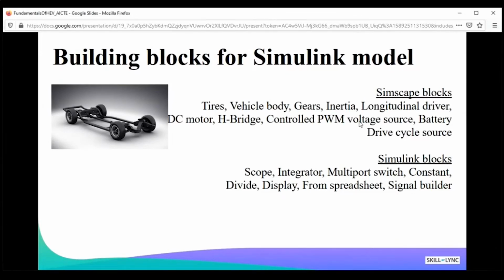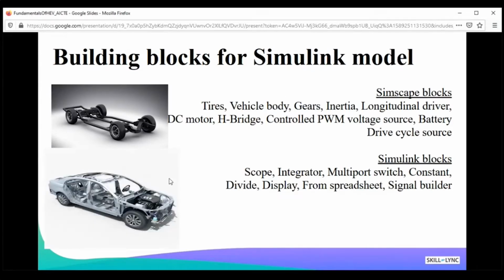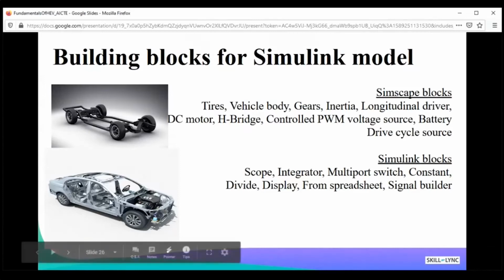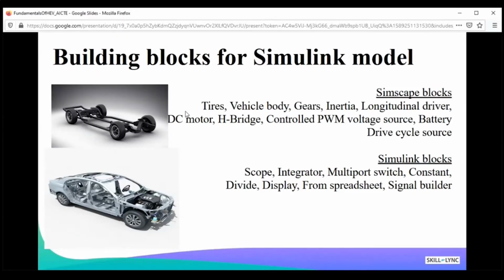And once you have all these blocks, you will be developing a full car like this, right? So you are going to basically develop first the vehicle body, and you add all components, and then you prepare a full car, right? So this is my choice of building blocks. Your choice can be different, and these are very simple blocks, as I said, integrators. If I want to get the idea about what is the distance that my car has covered, I'm going to integrate the speed with time, and that is going to give me the distance.